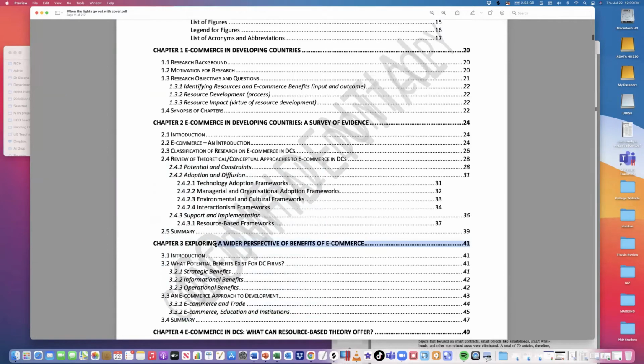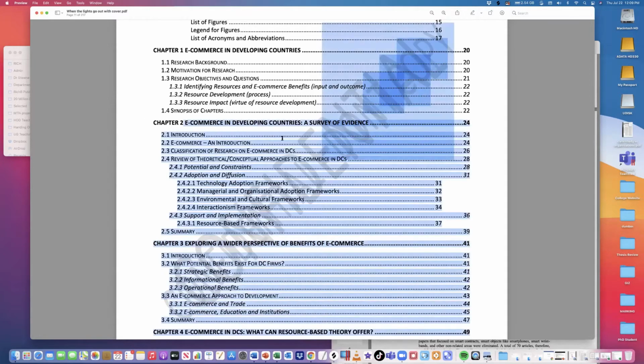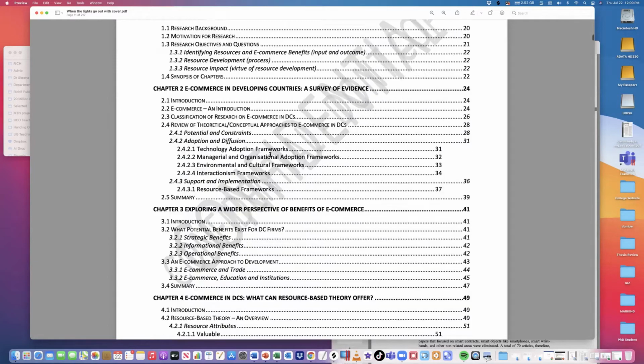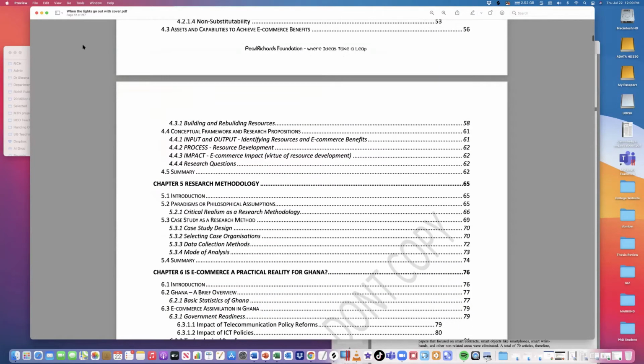One is on benefits and development. So I did a paper on e-commerce and development and reviewed it. I published the paper. That is what is here. And I also did a paper on e-commerce in developing countries. And that is it. Because my outcome variable was development. So I needed to do a review on that one. And my antecedents and moderators and all those things were more about e-commerce in developing countries, the strategies. So if you look into that chapter,